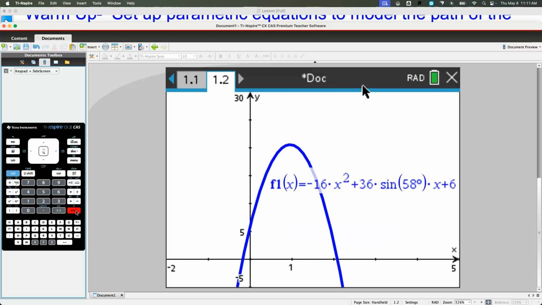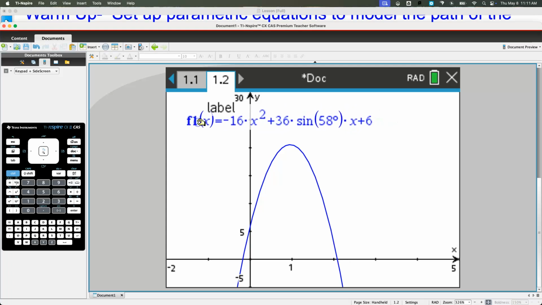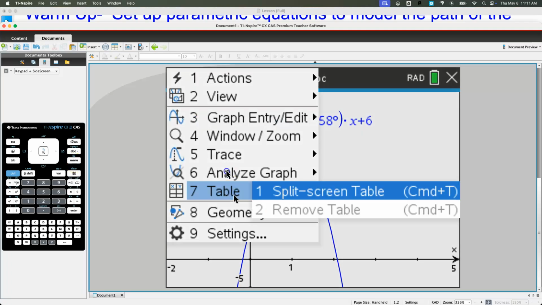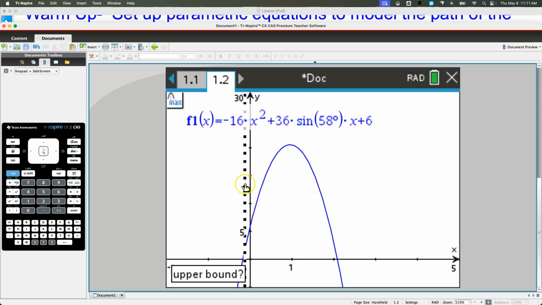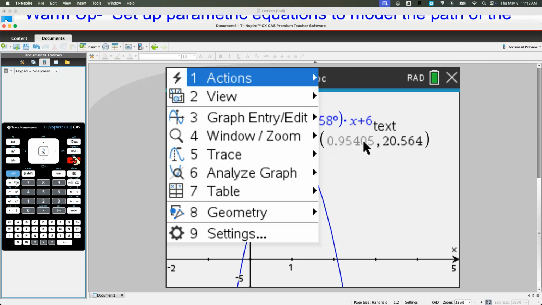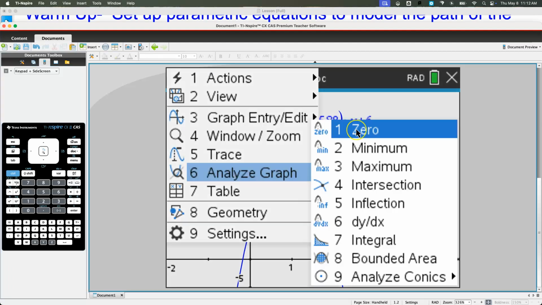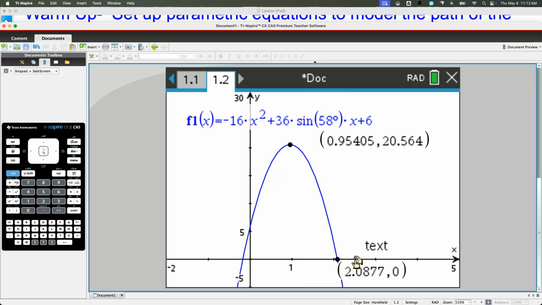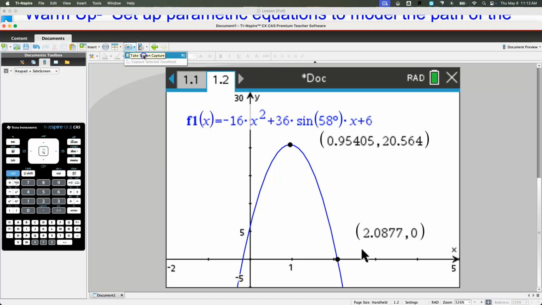Okay? So we can analyze this graph now for a couple of different things. First thing that we can analyze this graph for is how high the ball went. So the ball went a maximum height of 20.564 feet, and that happened 0.95 seconds after he released the ball. Okay? We can also analyze this graph for how long the ball was in the air. The ball was in the air for 2.0877 seconds. That one is the important one for us in this case,